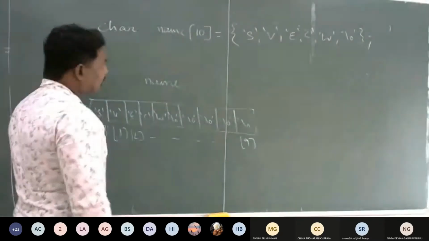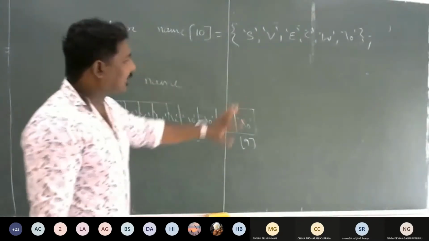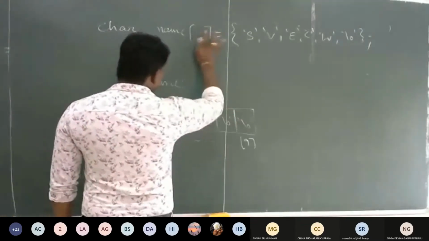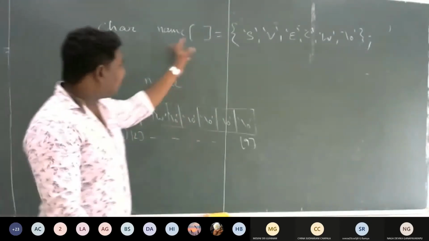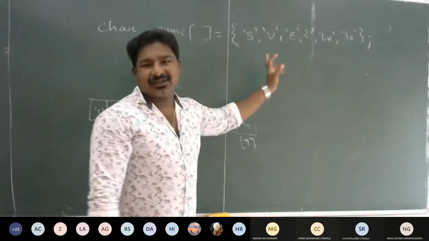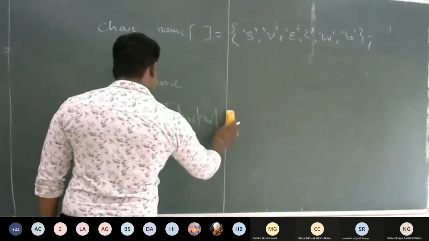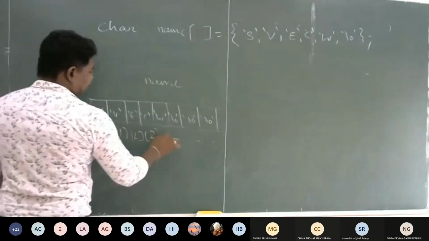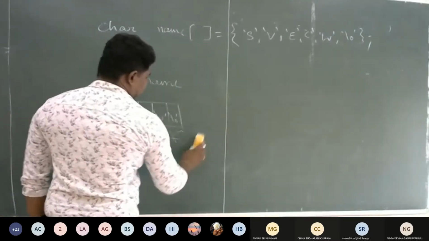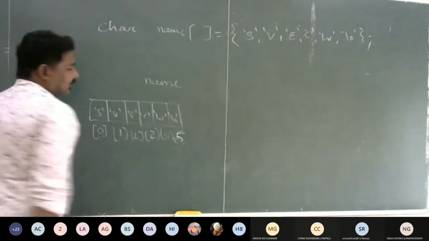Here, since we have written this example, if I don't want to mention the size, I can just omit it. If I don't write the size of the array, how much size will be assumed? There will be 6 characters, indexes up to 5.